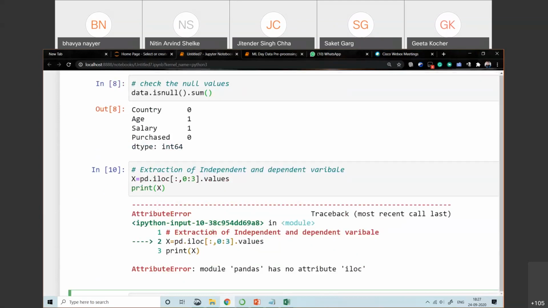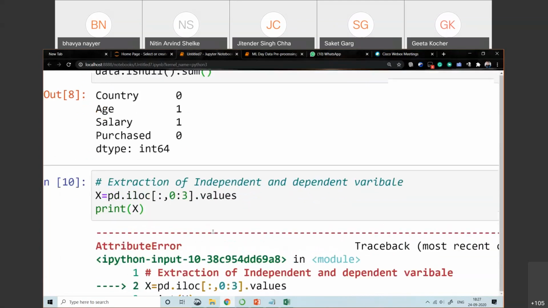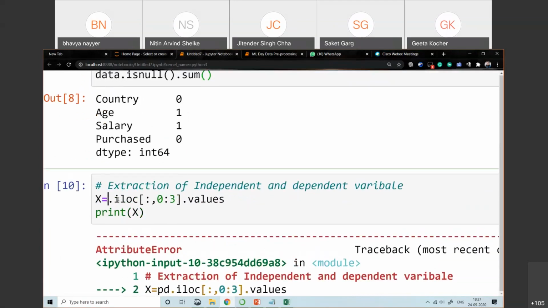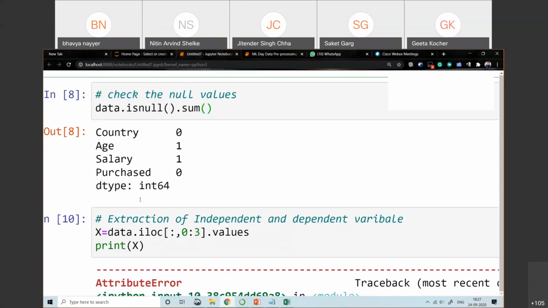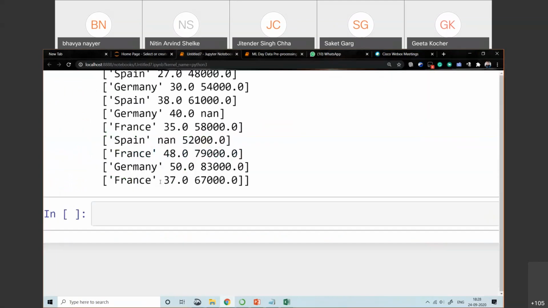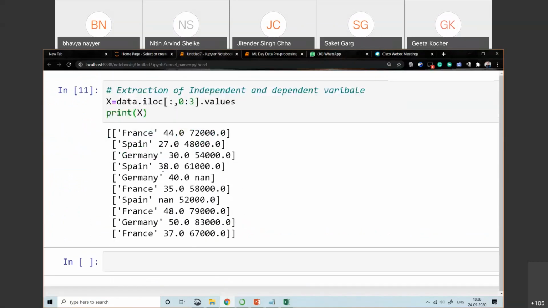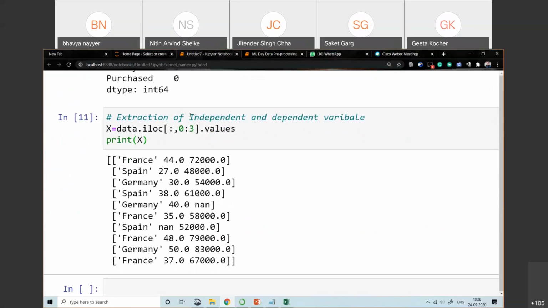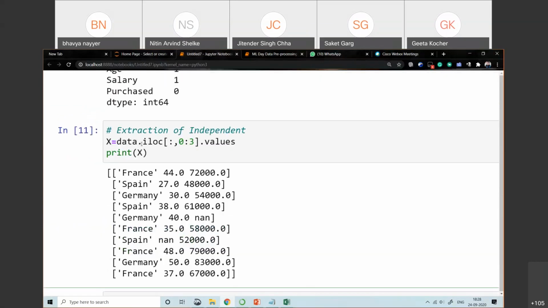Pandas has no attribute iloc. Okay, it should not be pd.iloc, it should be data.iloc, because we renamed it as data. Here we have taken the data as a variable. So it is data.iloc instead of pd.iloc, and you are getting your independent variable. So this is the extraction of your independent variable. Now next one is extraction of